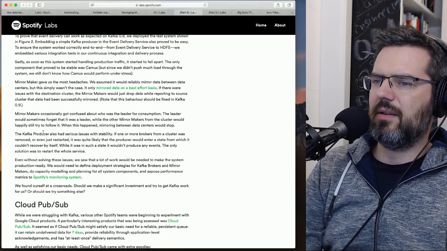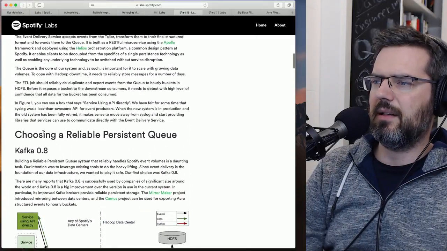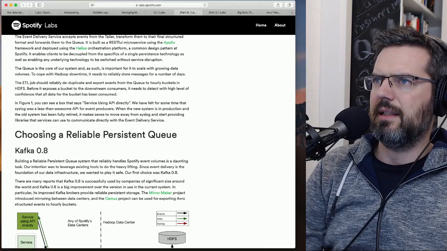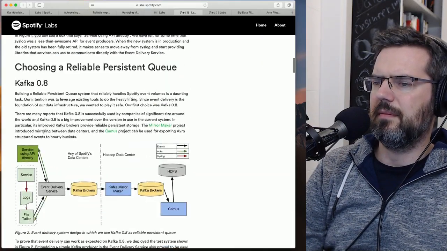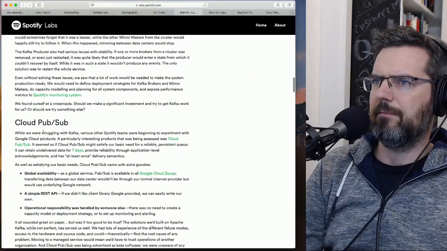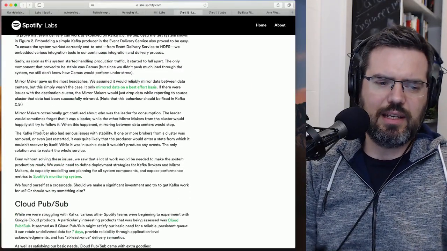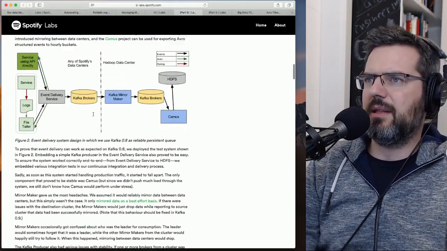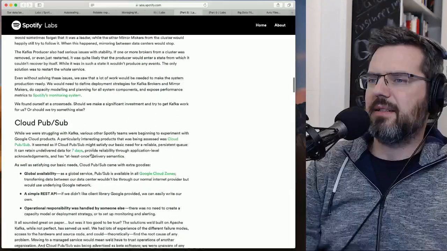I mean, they're running quite a setup and quite a lot of data through it. Yeah. So they had problems with the standard Kafka setup, and so what they decided